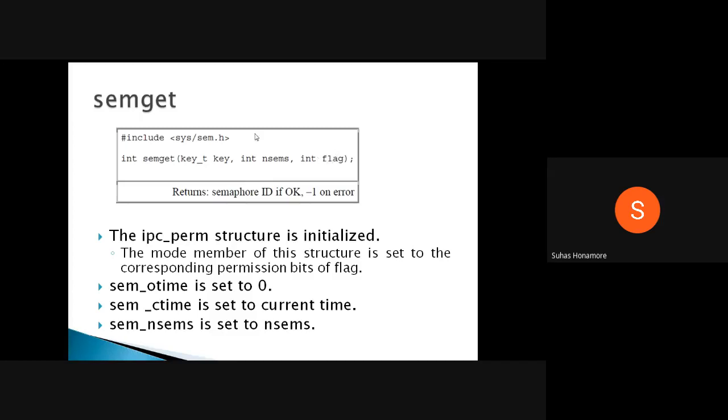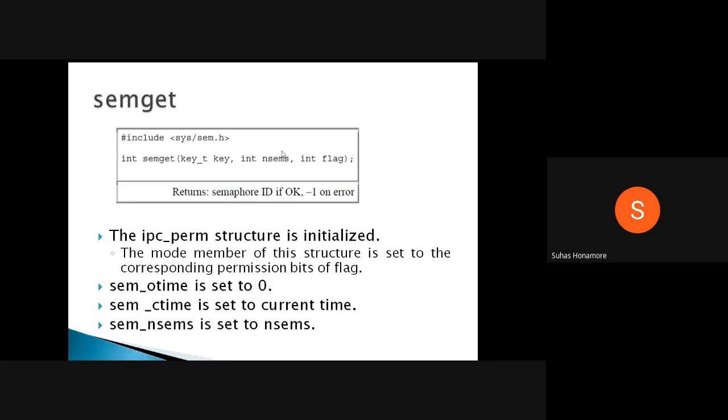Then this flag is again a permission kind of thing. Whatever we saw as key and flag for the previous things is the same. There is one key, which normally we see as an IPC permission kind of thing. Then here the flag is normally a mode, so it's a read mode, write mode, like that. Some flags will be there.